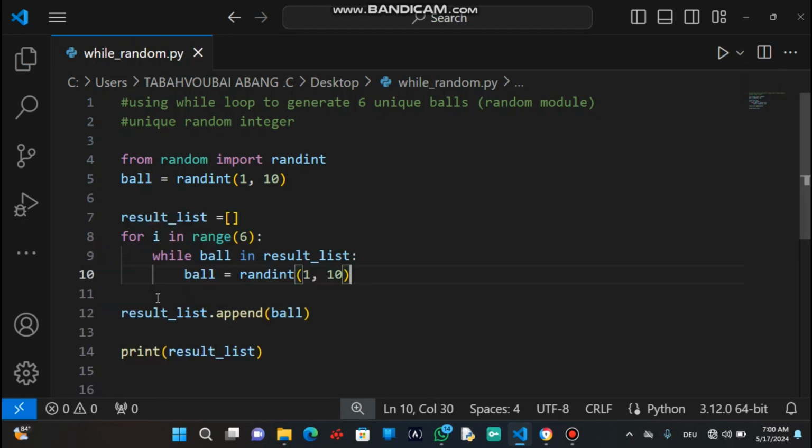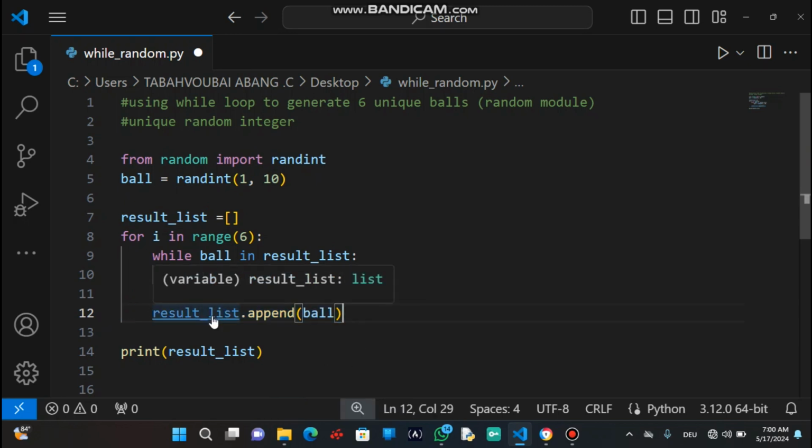here, we are having 10. So in order to have the 6 balls in the same list, we need, because here is my bad, to bring this one in and indent it. It should be under the loop, because every time we are looping, we have to add them to the list. So let's bring it here at the same level, so that you will go 6 times and bring out our result list. Let's try to execute and see.